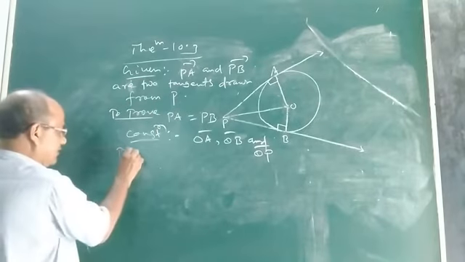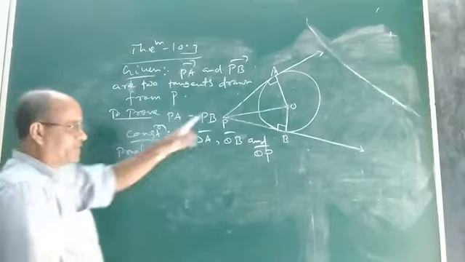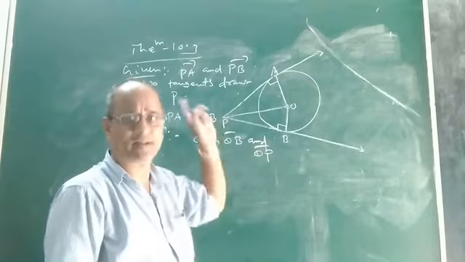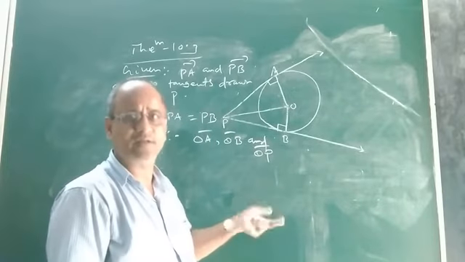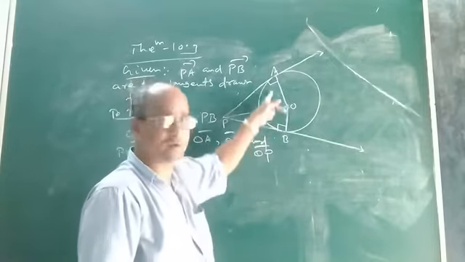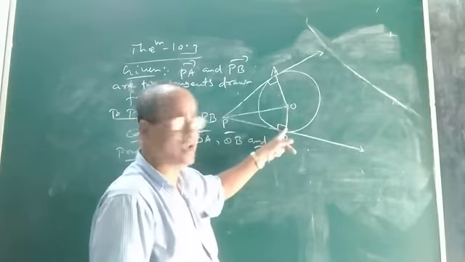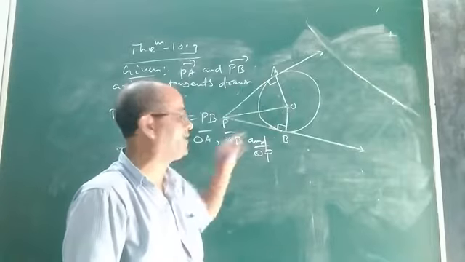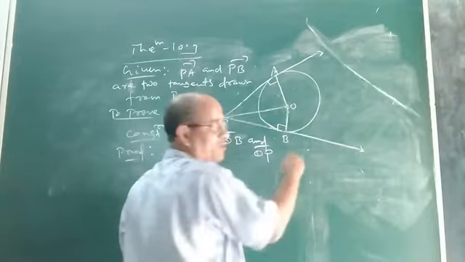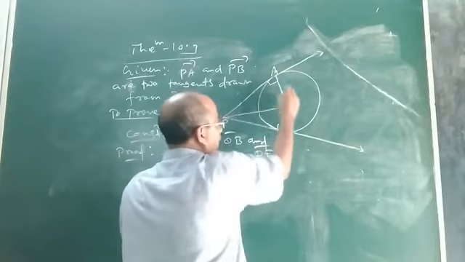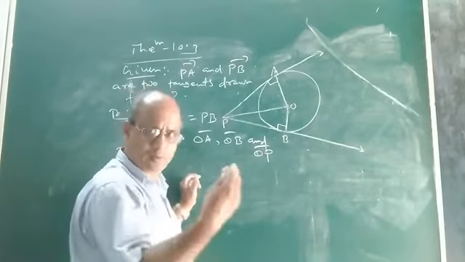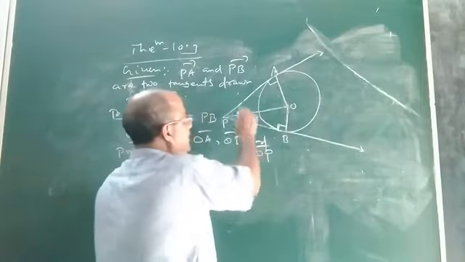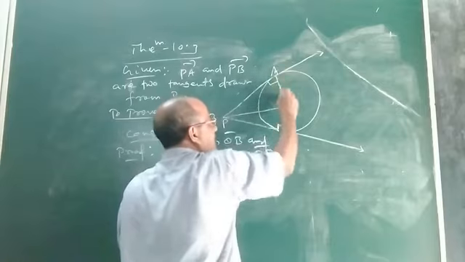You see, we can prove this truth, that the lengths of 2 tangents drawn from an external point to a circle are equal, in different ways. By taking the congruence, there are 2 triangles now, OAP and OBP. You can easily prove the congruence of triangle OAP and OBP. Look at the 3 matching parts. OA and OB will be equal because they are the same radii. This angle and this angle will be 90 degrees. Why? Because it is a tangent. PA is tangent and OA is radius.